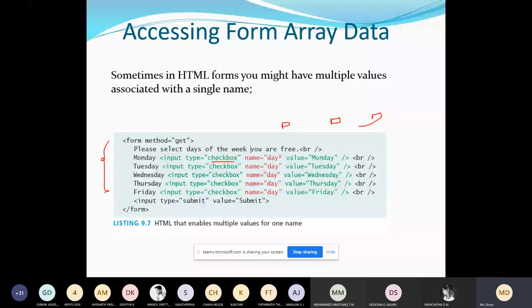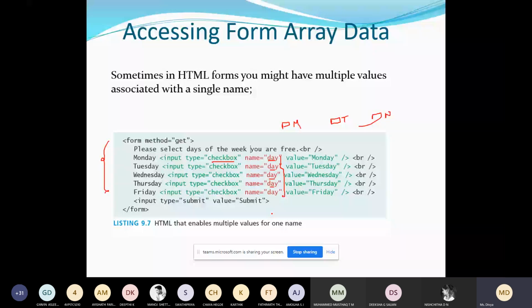All of these belong to Monday, Tuesday, Wednesday, all these are weekdays, and they all belong to the same checkbox field and have the same name. Checkbox can be used for entering multiple data. I can pick not only Monday. Radio button is used for selecting one item. Checkbox is used for selecting multiple items. So it enables multiple values for one name.